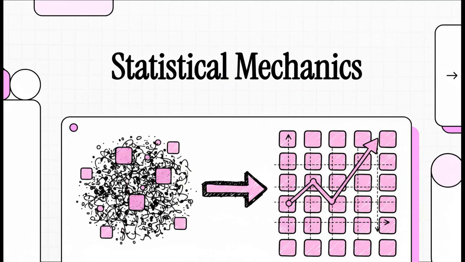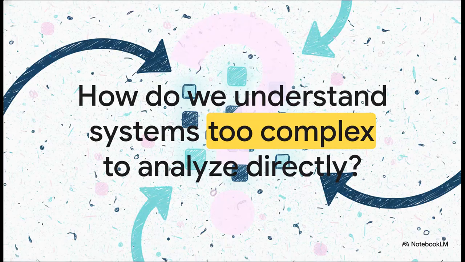All right, today we're diving into a field of science that has this incredible, almost magical trick up its sleeve. It's called statistical mechanics, and really it's all about finding these simple, elegant answers that are hiding in plain sight, right inside of what looks like total chaos. So, let's start with the big question, the one that kicks this whole thing off.